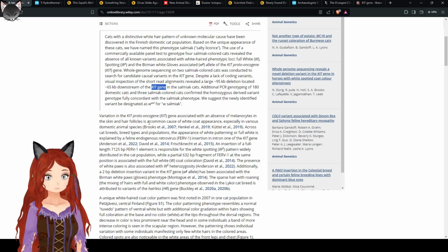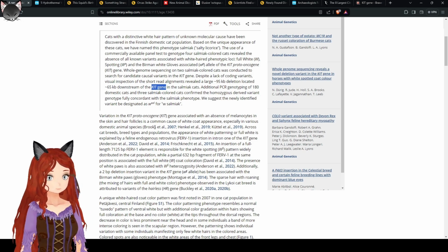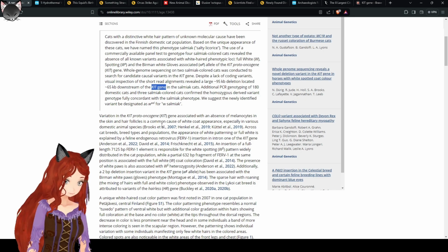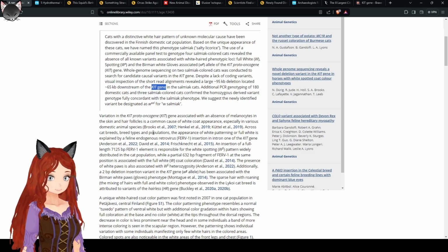Variation of the KIT gene is associated with an absence of melanocytes in the skin and hair follicles, and is a common cause of the white coat appearance, especially in various domestic animal species. Across cat breeds, breed types, and populations, the appearance of white patterning or full white is explained by a feline endogenous retrovirus insertion into one of the KIT genes. An insertion of a full-length FERV1 is responsible for the white spotting pattern, widely distributed in the cat population, while